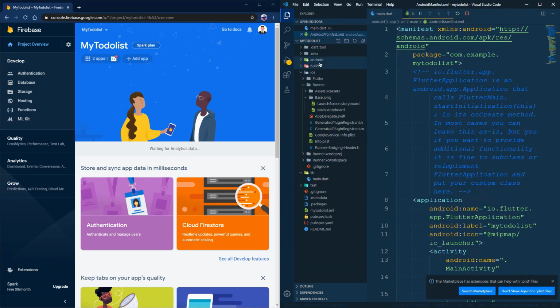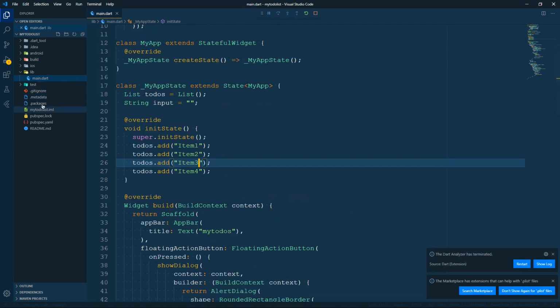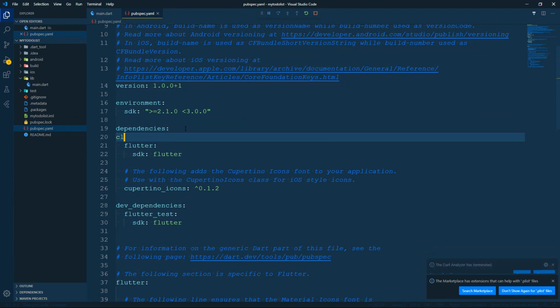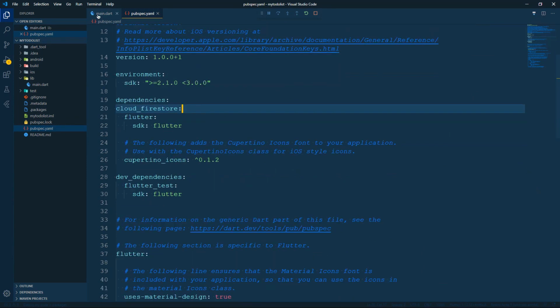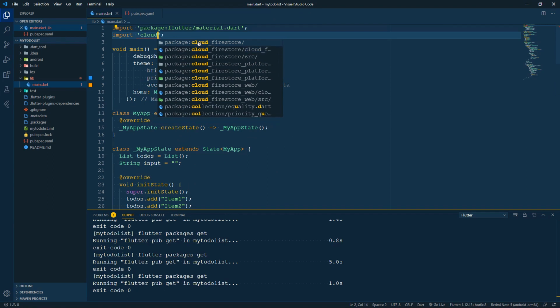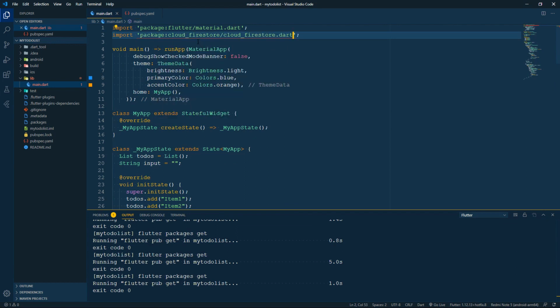So we back to our Visual Studio Code, and we need to add dependencies to our Flutter project. So we go to pubspec.yaml, and here we say Cloud Firestore, and we need to press this button, and we back to main.dart again. Alright, so after we get package Cloud Firestore, we need to import right here cloud_firestore.dart,